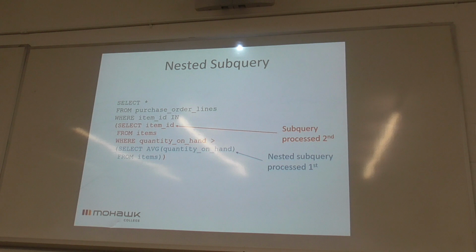So, here is an example of a nested subquery. So we're getting queries within queries within queries now. Which one is the first one that would be processed? The innermost one. The innermost one, which color is it? Blue. Blue, yes. So in this case, we are selecting the average quantity on hand from items,